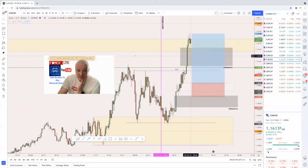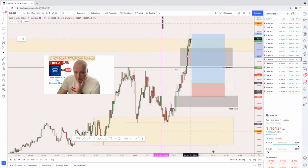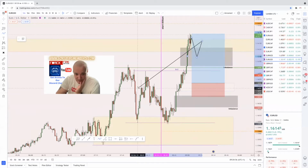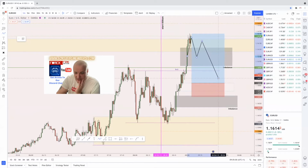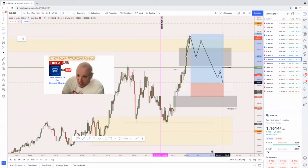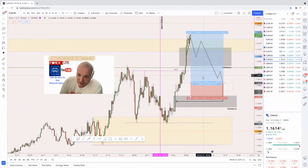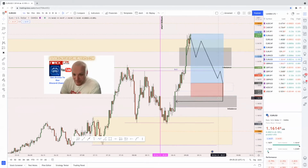So let's say, for instance, this is where you have to be careful. Let's say, obviously, price came up, we're coming back in, meet the imbalance of this 50%, push back out to hit the order block up here, push back down to come back into the field of play of the price range here of the distribution. It may very well come back up, retest it, but then as it enters, there's a very good possibility price is then going to come down to hit the imbalance of this area, which for me has a question mark. There's a good chance of entry on here. However, this is leaving not too much to the imagination, I should say. And then from there, you've got,